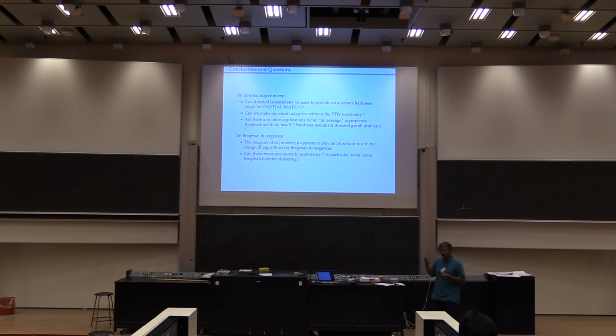So there's this fairly strong existing result showing a lower bound, and I'm hoping there may be a way to either reproduce that result or maybe even strengthen it a little bit. Again, I don't want to start saying wrong things this early in the morning, but there's some hope. And of course, we'd like to make our result adaptive. This is kind of an annoying thing that we'd like to fix. And more interestingly, I think